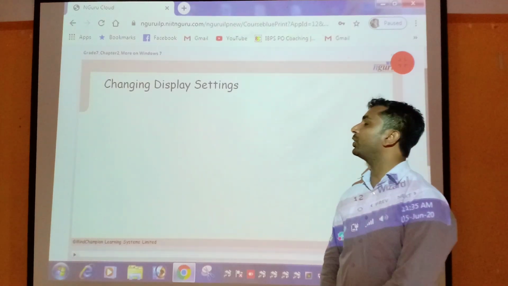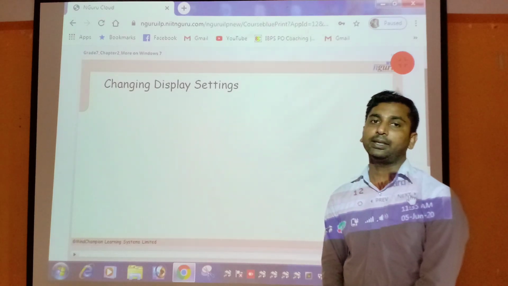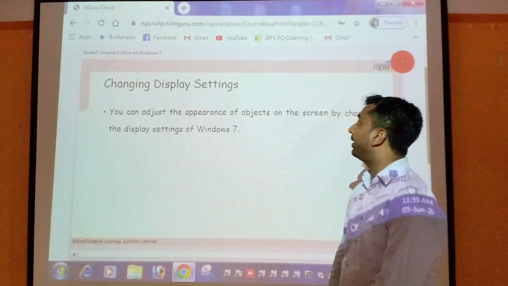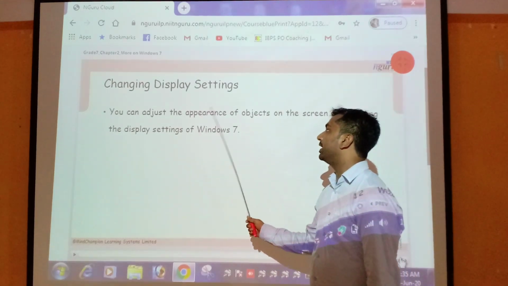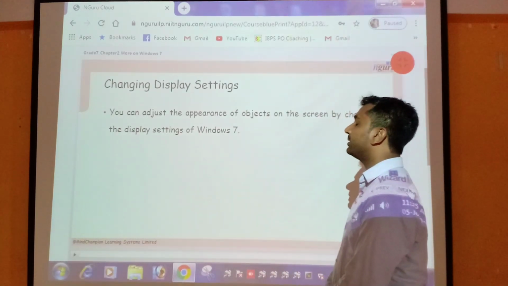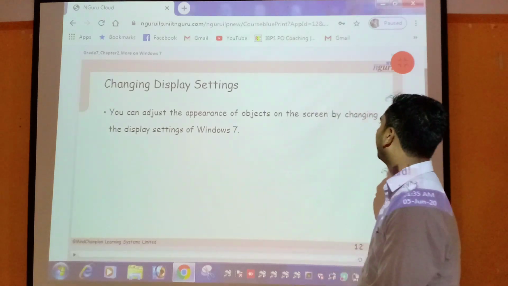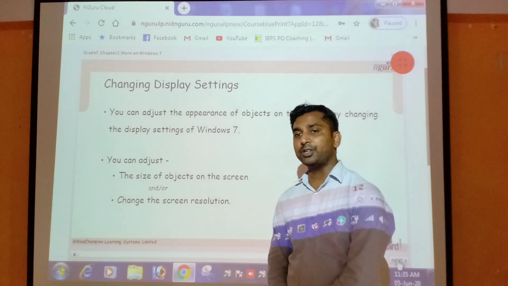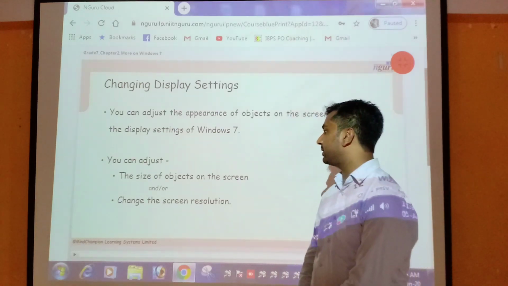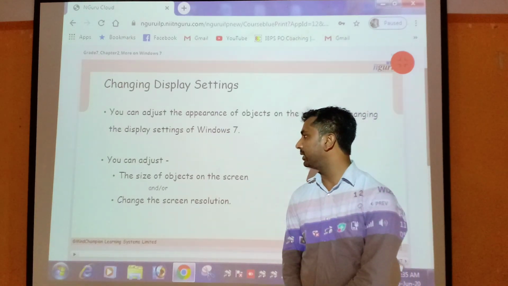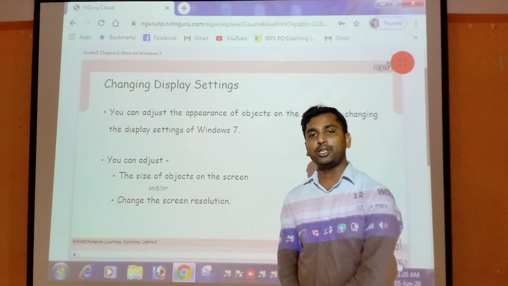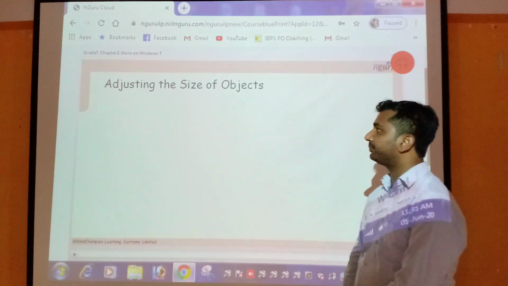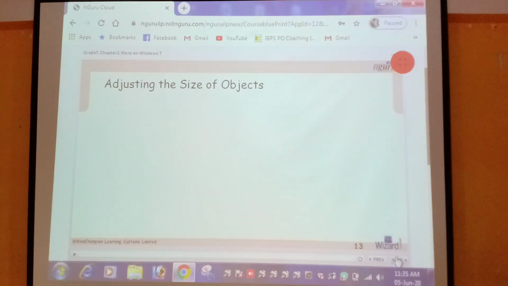Now, next, how to change display setting? First of all, what is the display setting? With display setting, you can adjust the appearance of objects on the screen by changing the display setting of Windows 7. You can adjust the size of objects on the screen and change the screen resolution. So let's see how to change